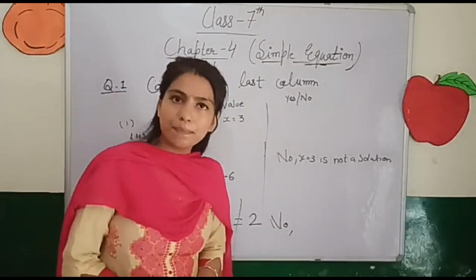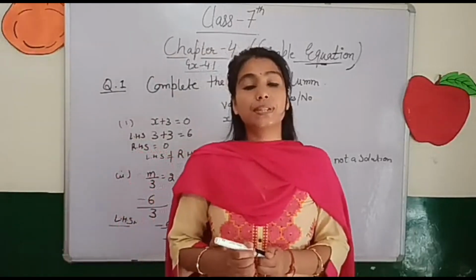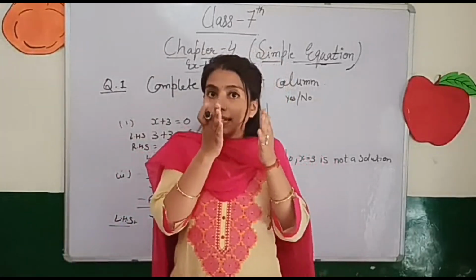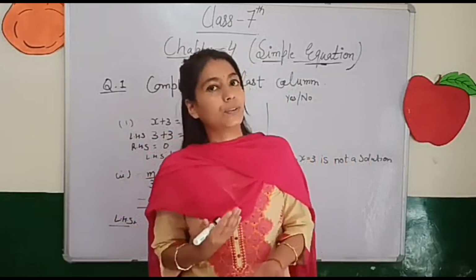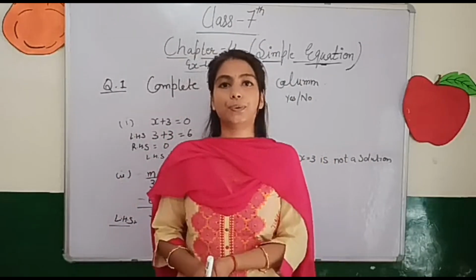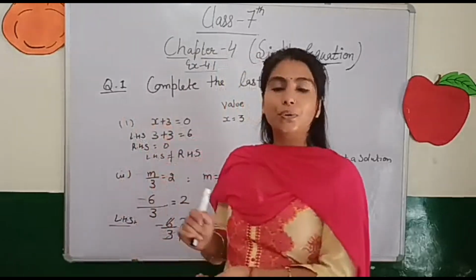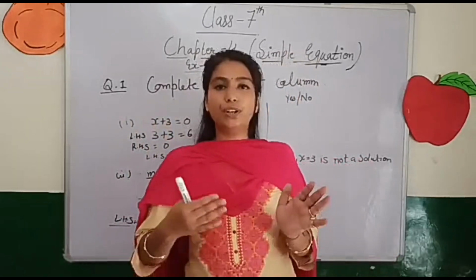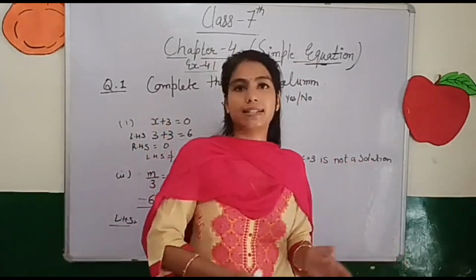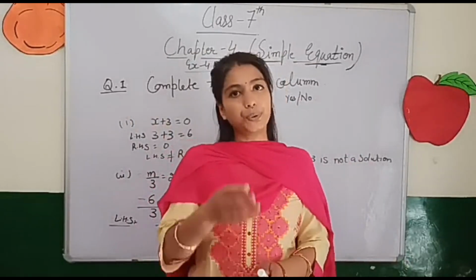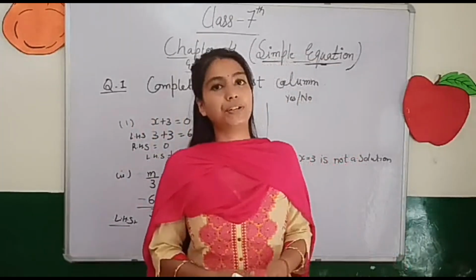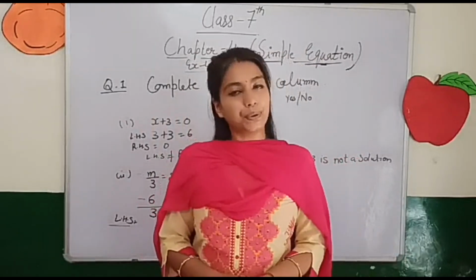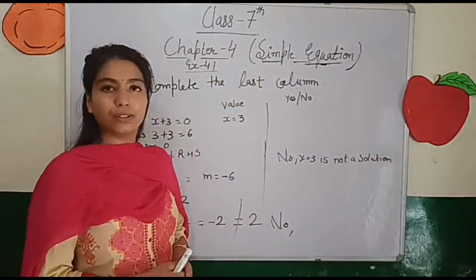So it is very simple. That is why I used to say to you, just understand the basic introduction very nicely, and the question ultimately will be easy for you. Okay, so this is all about question number 1. The rest of the parts you will do on your own in your book itself. Parts 2 and 3 you will do in the same way in the copies. Otherwise, the rest of the parts you will do in the book itself. I hope you understood question number 1.